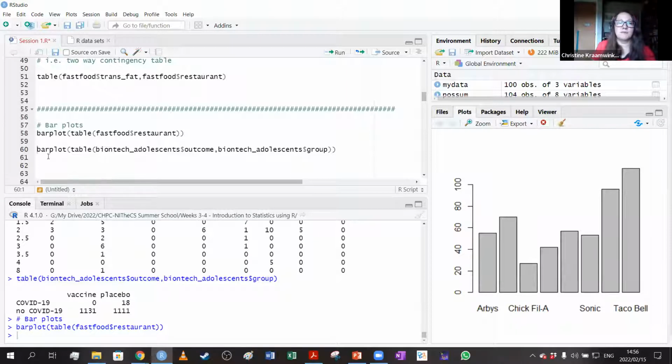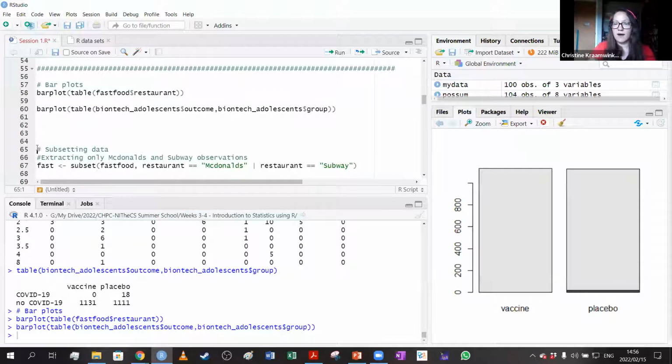So bar plots, we can do one of that BioNTech data as well. And you can see they had very similar numbers of teenagers in both groups. They had a vaccine group and a placebo group, and then they looked at who got COVID and who didn't. We can obviously add a legend.